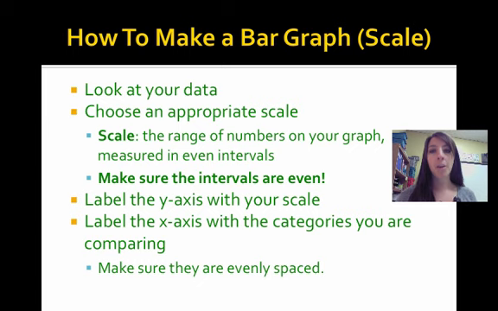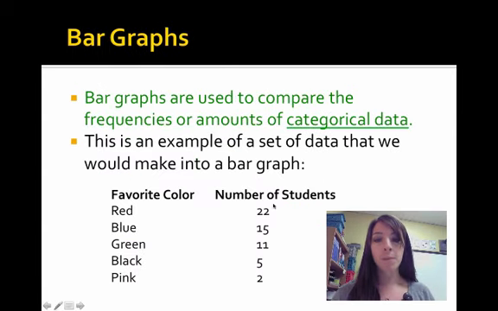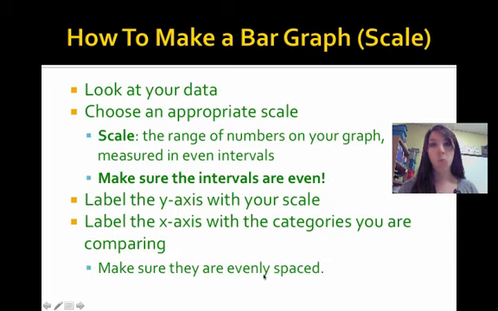All right, so this is how to make a bar graph. This slide is specifically about what kind of scale you want to use when you're making a bar graph. So first you look at your data. I need you to write all of this down. It's all very important. And then you choose the appropriate scale. The scale is the range of numbers on your graph measured in even intervals. So this is where we need to know the range. So if you look back at this last slide, our range would be 22 minus 2. It would be 20. So we have to get 20 different numbers on this scale, and it would be evenly